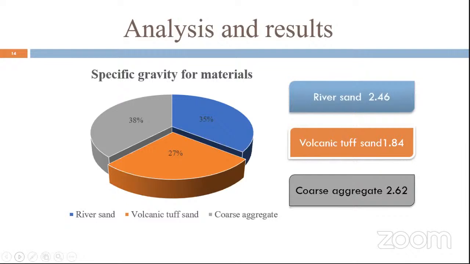I wish I had that slide, but that guy did not share it with me. There's a master student doing something with this material, and he had a chart whereby for every property he is assessing, he shows what the standard or code says. Whether it be BS, ACI, or our design manual here, the Kenya standard we mostly use in timber design. So if your riverside is 2.46, and normally sand we have at 2.7,